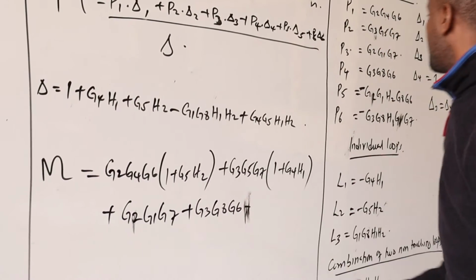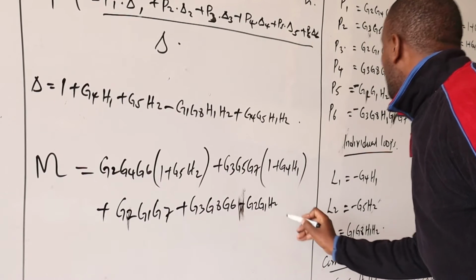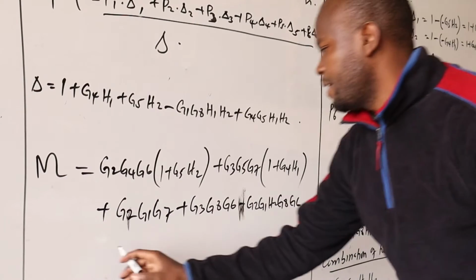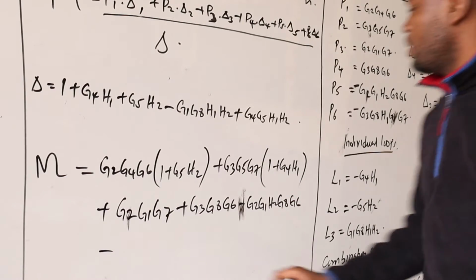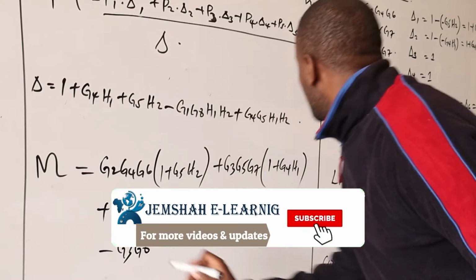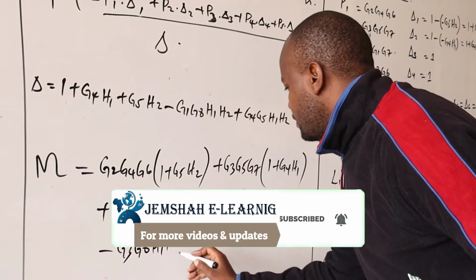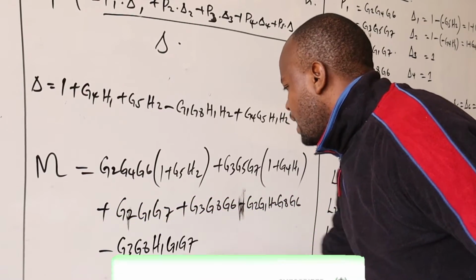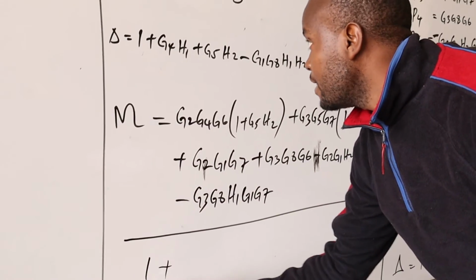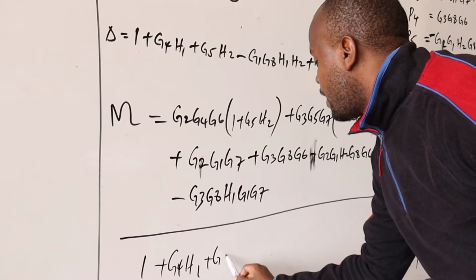plus, of course, now it is minus G2, G1, H2, G8, G6, again minus G3, G8, H1, G1, G7, and then all this will have a denominator of 1 plus G4, H1, plus G5, H2,